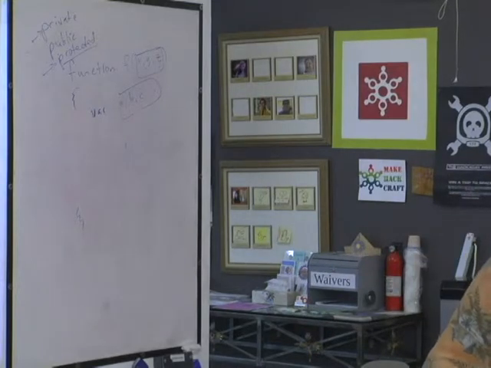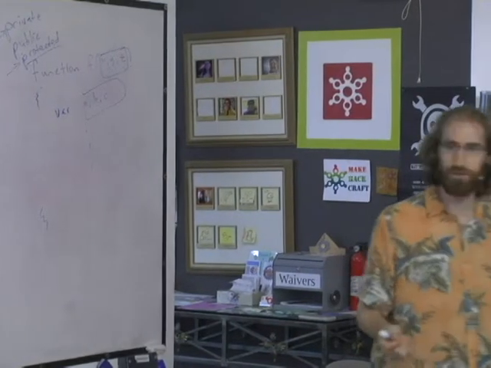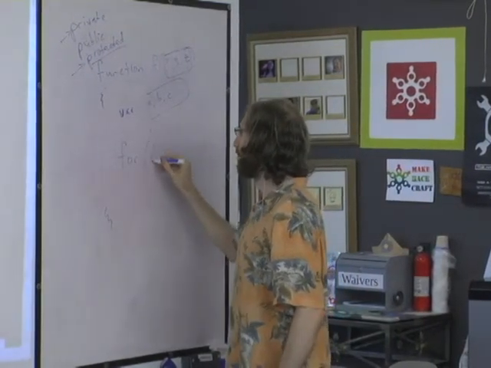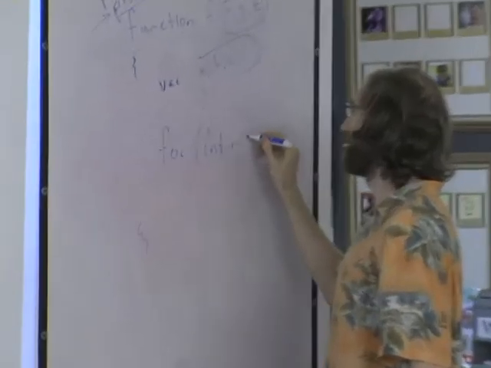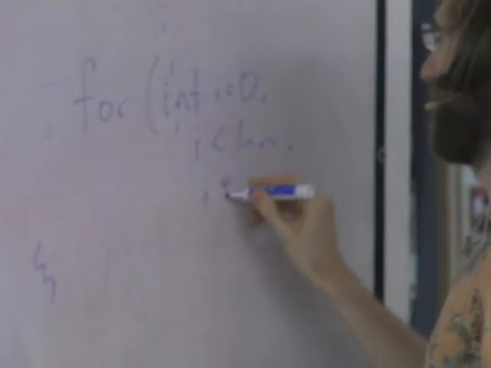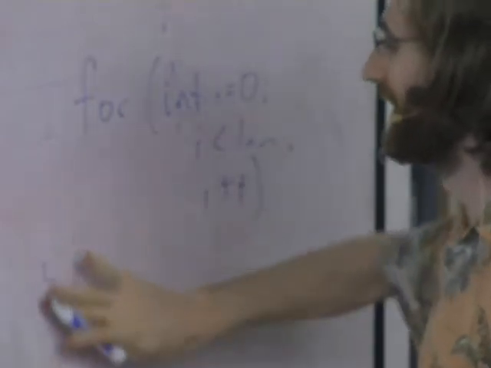How can you reconcile that, though? You have all this moving stuff you're so used to. Every C programmer, anyone who learns C knows how to do this: for int i equals 0, i is less than length, i plus plus. You just sort of memorize this. Same thing if you're doing